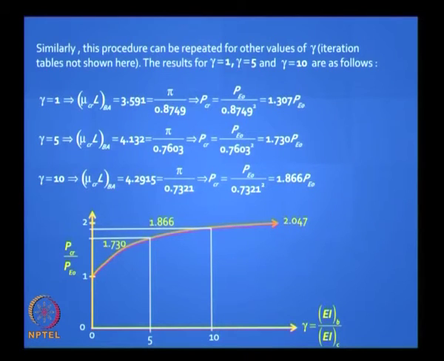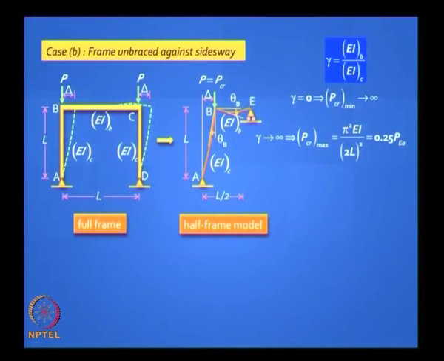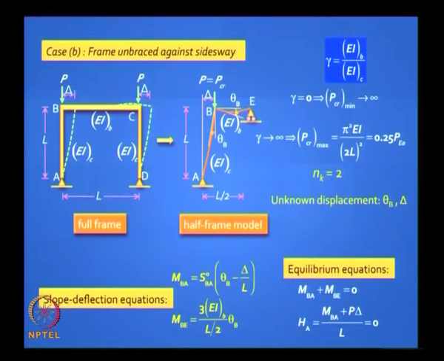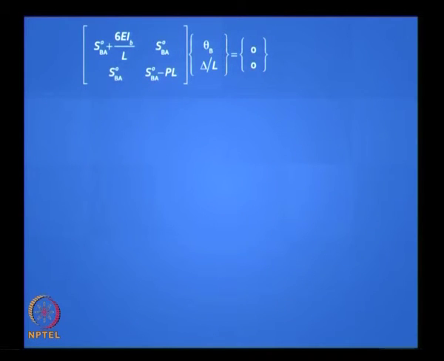How did we generate this? Slope deflection method. It is going to be a little more difficult if you look at the case of with sway. Why is it going to be more difficult? 2 degrees of freedom, but you can correctly guess the bounds, lower bound and upper bound. So with 2 degrees of freedom, you have to write the equations carefully, including sway. We have learned how to do this, and if you write down the equilibrium equations, you have to have a sway degree of freedom, which we have done in this problem earlier in the slope deflection method. So HA should be 0, you plug it all in, you get an equation like that.